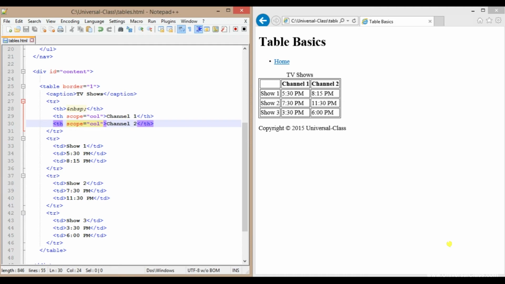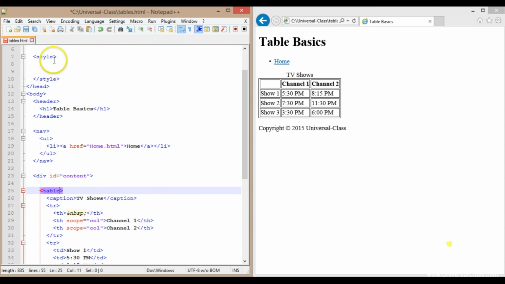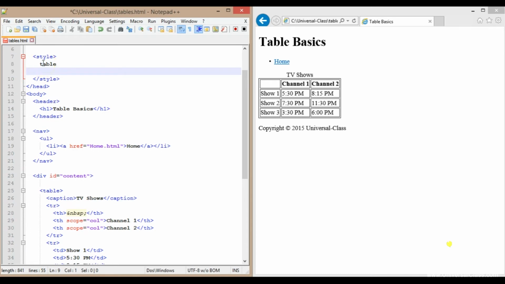I told you that I used this border equals 1 up here, and it's actually deprecated, which means that we should not be using this. Instead, what we should be doing is styling our table in the style section in our head section up in the top of our document. Okay, so what I want to do is style my table. And remember, anytime I have a tag, I can reference the entire tag up here in the style. So my table